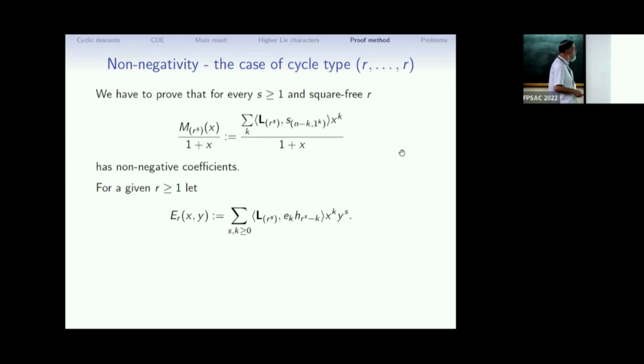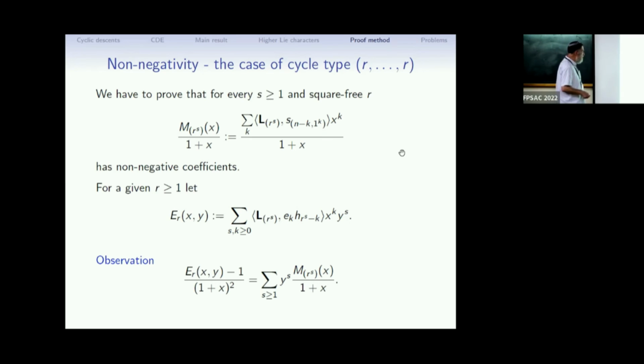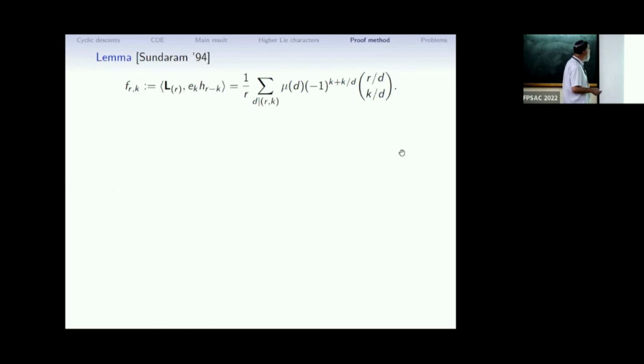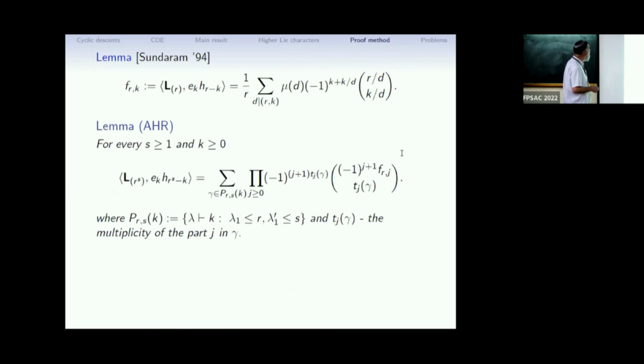Anyway, it's easier to analyze this more complicated object. If this more complicated object has non-negative coefficients, then this also has non-negative coefficients, and it's easier to prove that this has. How? By generalizing Sundaram. We generalize Sundaram's lemma,